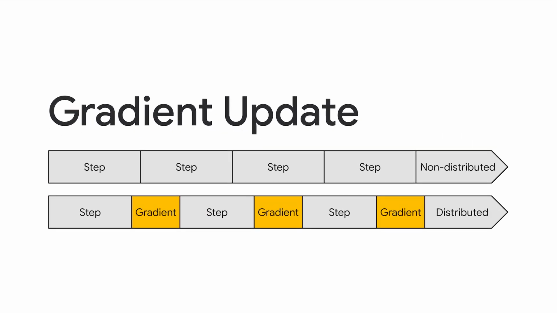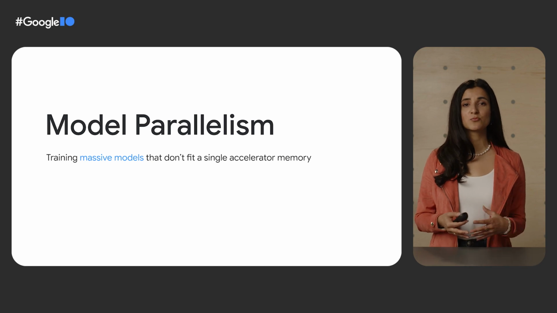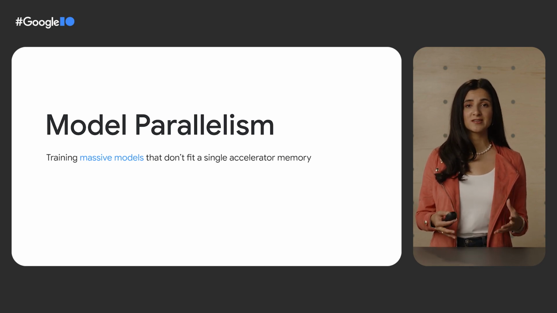When implementing this type of data parallelism, you might do some pipelining to overlap the computations for efficiency, but the key takeaway here is that compared to regular non-distributed model training, where we take multiple steps through the data, in this type of data parallel training, we have an additional computation at the end of each step, which is where all of the workers communicate with each other to exchange gradients to calculate an average. Now, data parallelism can help us to more efficiently train models with large datasets.